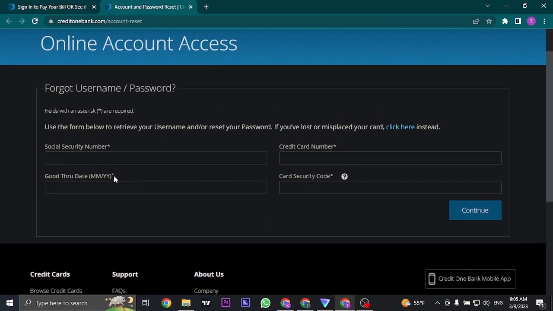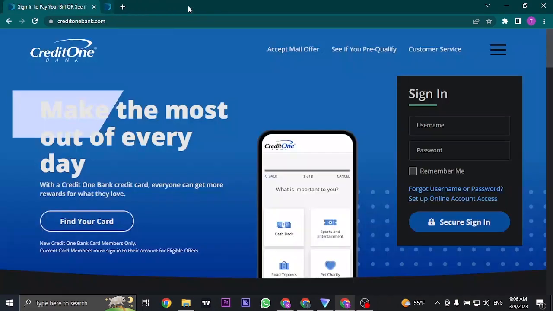And through this section, you can fill in these details such as your social security number, your credit card number, your good through date, which you've entered, and your security code. So by entering all of these details, you'll be able to retrieve your username as well as your password. So once that is sorted, you can type in your username and password, and this time you'll be able to